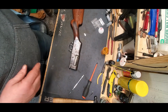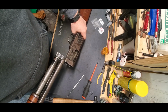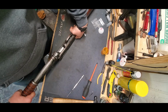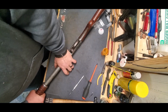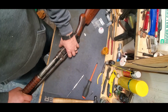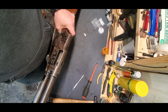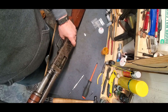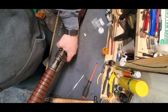Grab the barrel and magazine assembly. We'll slide this together. I don't know if I mentioned this before, but I phoned the owner of the gun and I asked him if he wanted me to clean it. He said no, he'll clean it. And I thought to myself, well, you didn't clean it before you sent it to me. Yeah, but anyway,